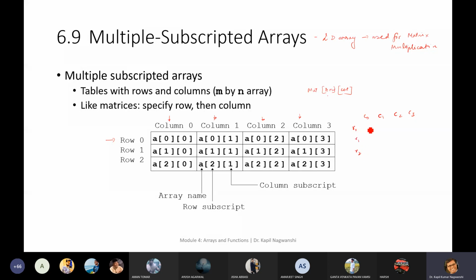So suppose the elements are A00, A01, A02, A03, A10, A11, A12, and A13. Similarly, A20, A21, A22, and A23. Okay, so this is our matrix format. Column 3 is shown. Yes, column 3 we have also shown. So this is the way you can write the matrix.